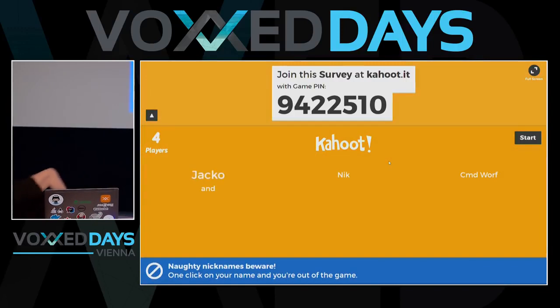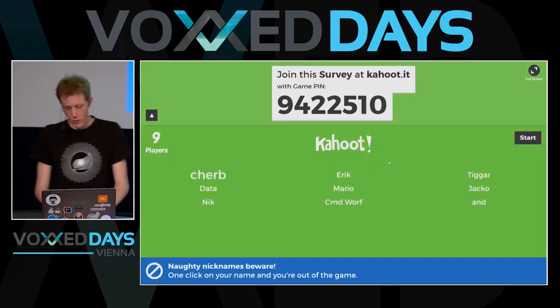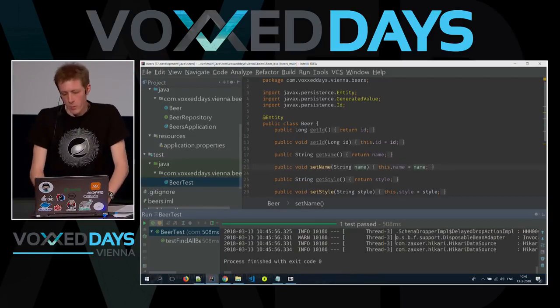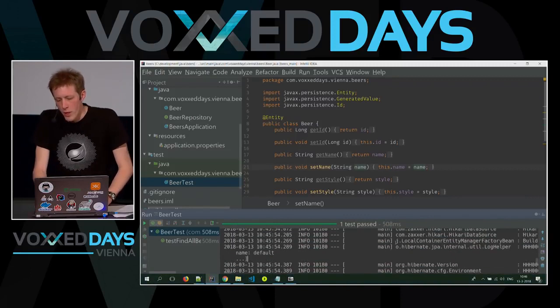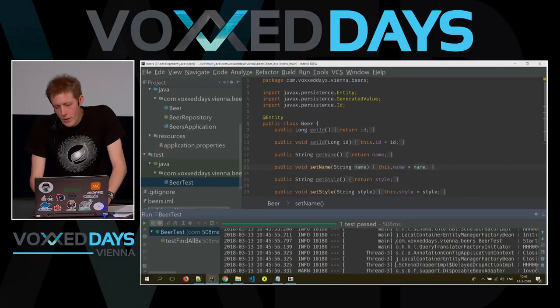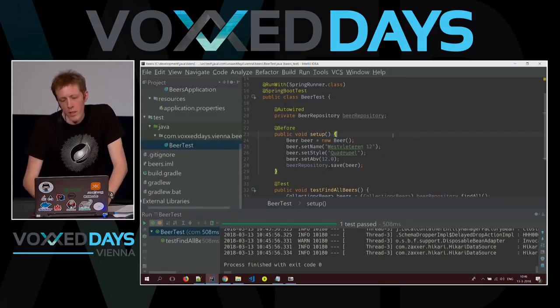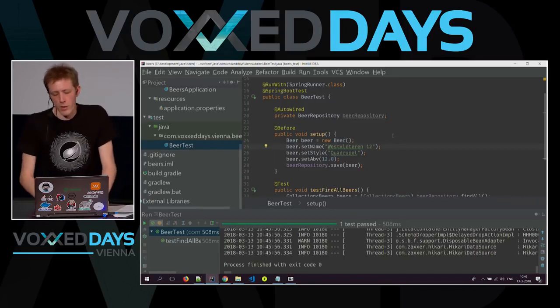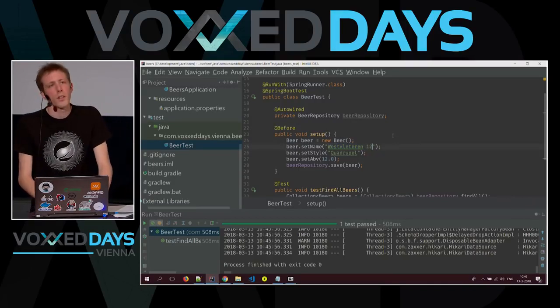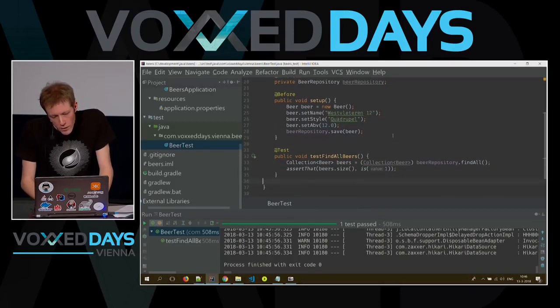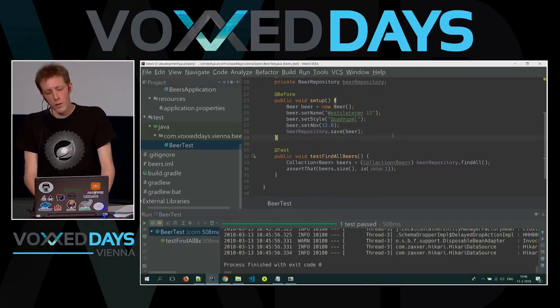While you are assembling yourselves in the lobby, I'll see what happened to the test we built. This is great. The test has succeeded, because we use this in-memory H2 database. And what has the test actually performed? It has created a new beer with a name. This is one of the most famous beers in the world. It's from Belgium, and it's very hard to get. If you want a bottle, come see me afterwards. No problem, I'll get it done for you. It's a quadruple, a very heavy beer, 12% alcohol. It saves it to the repository, which saves it to the H2 database.